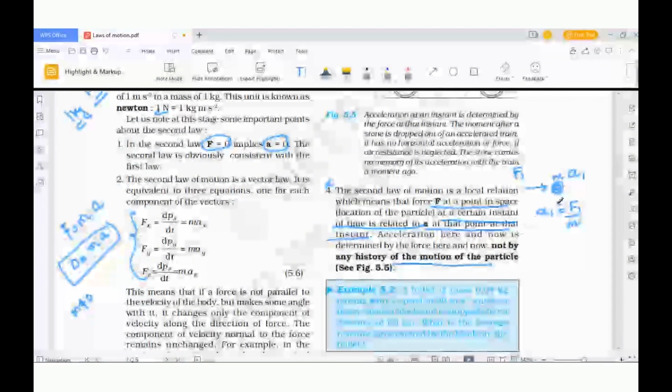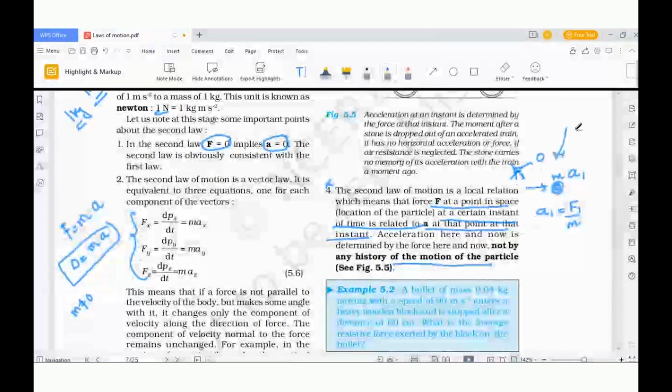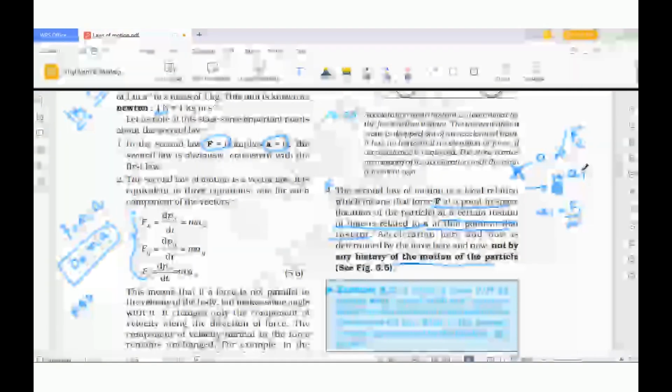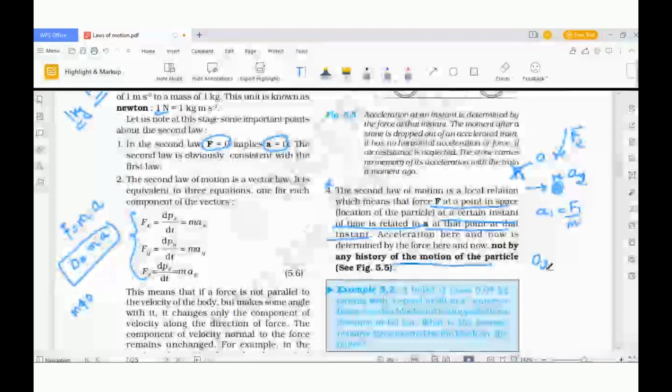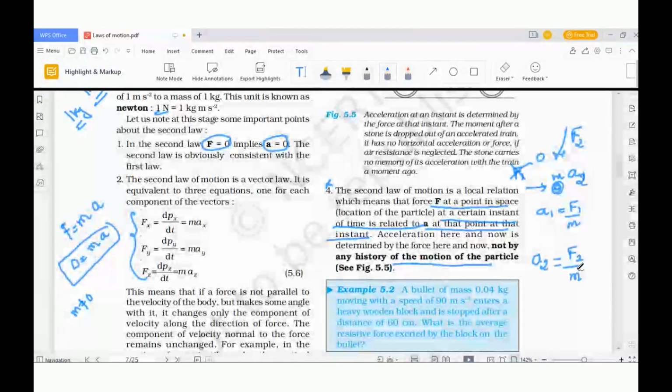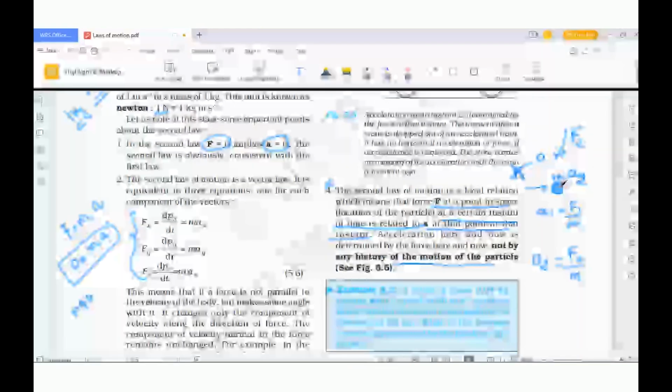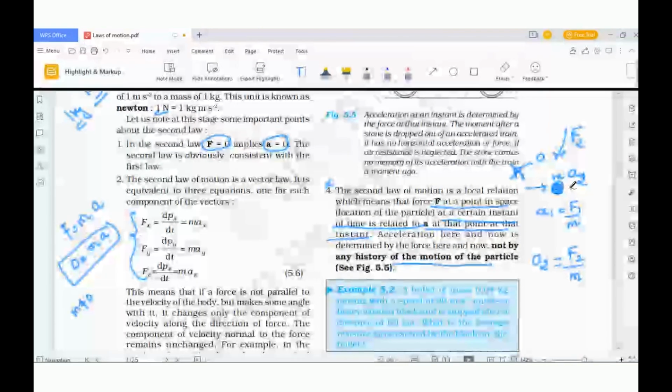Now after some time, I make this force go to 0. And now I apply a force F2. Only F2 is acting, and now the acceleration is something like A2. When I'm writing A2, I should only consider that force which exists in that moment. Maybe earlier a force F1 was acting on your body, but now it is not existing.